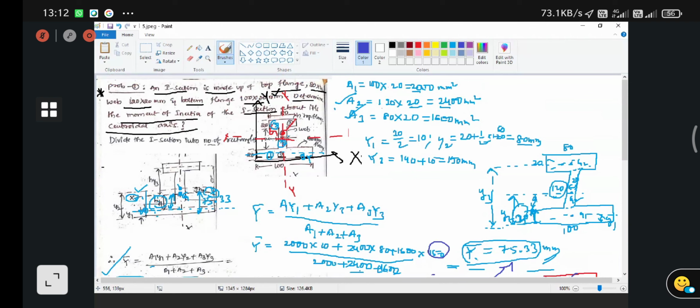In those 10 questions there are multiple choice questions only, and I will give a number of problems. I will give the question and also the options. You have to try to solve that. There is no time limit, you only have to submit tomorrow. Whether you take 2 hours or 3 hours, no problem. But I will give 10 questions. You have to solve them and post them to me, or otherwise I will give a Google form and you will fill it up.